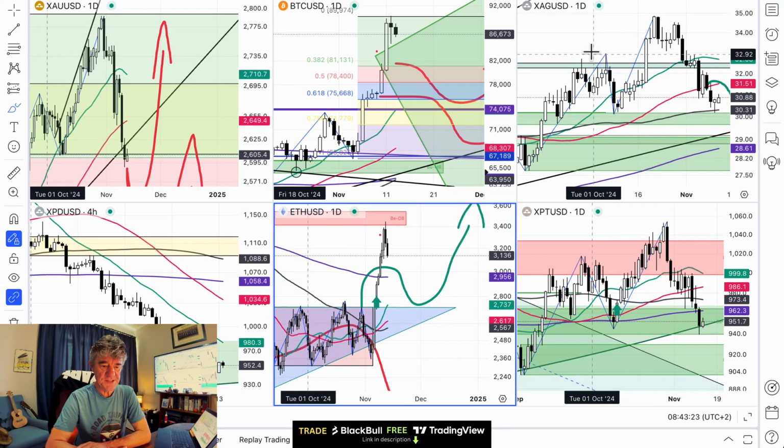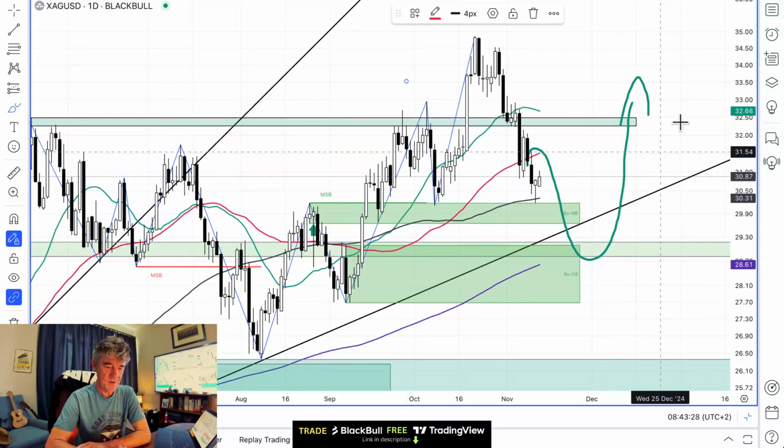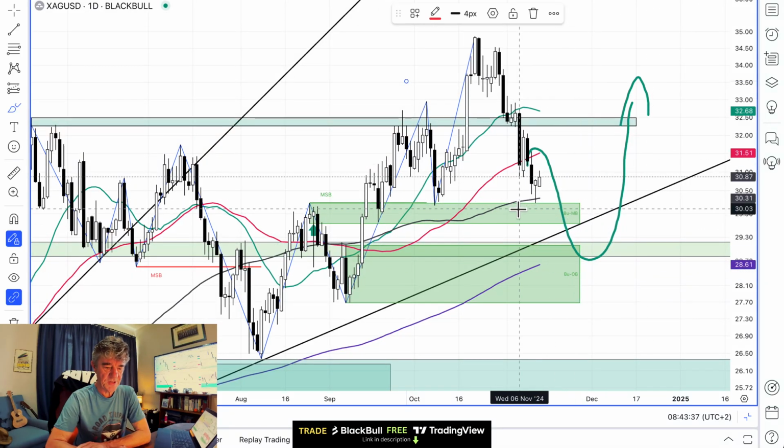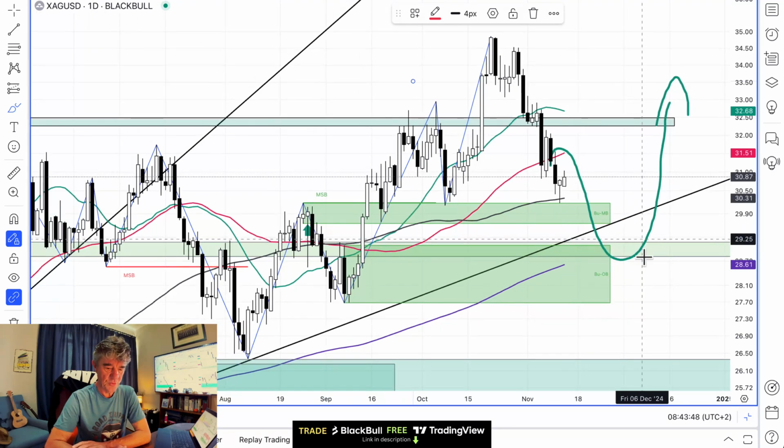We have no positions on silver. I made a comment on X yesterday that we might retrace a little bit further. This is the path that I have in mind. We have a little reversal candle here at this order block and the 100-period moving average on this day chart on silver, but, you know, not really doing much there. That's a hesitation doji. It might reverse here, but I think we must allow, along with gold, for further dips